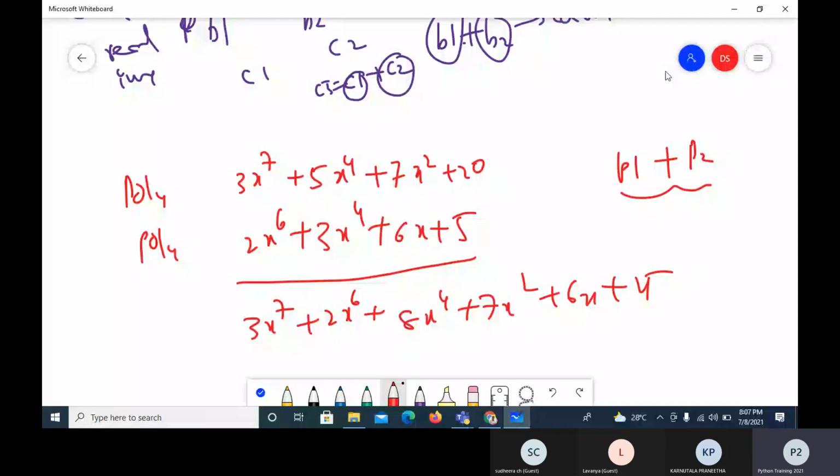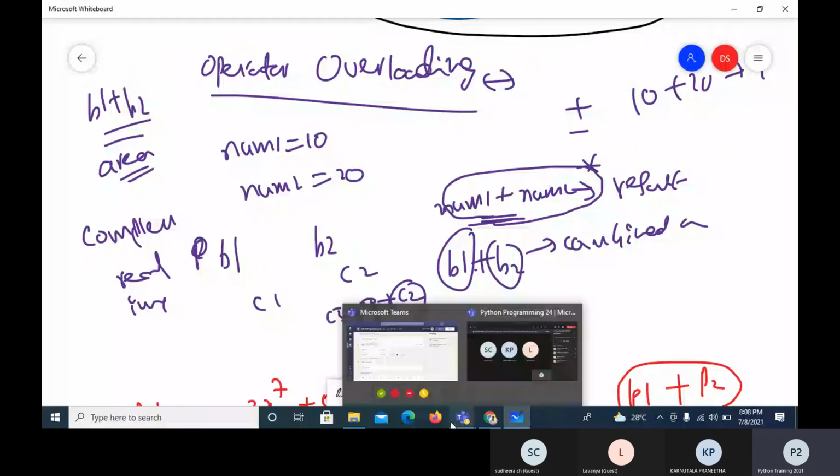So that's where operator overloading will help us. Operator overloading is the technique of making the objects behave like ordinary variables, especially in terms of arithmetic operations. So like I perform arithmetic operations directly on ordinary variables, similarly, I want to perform the arithmetic operations directly on objects like polynomials. I want to add, but it is not straight addition.